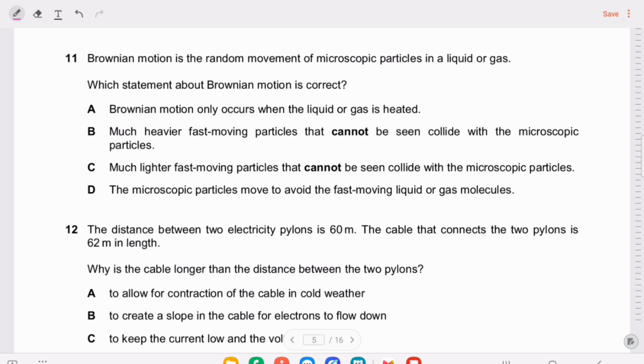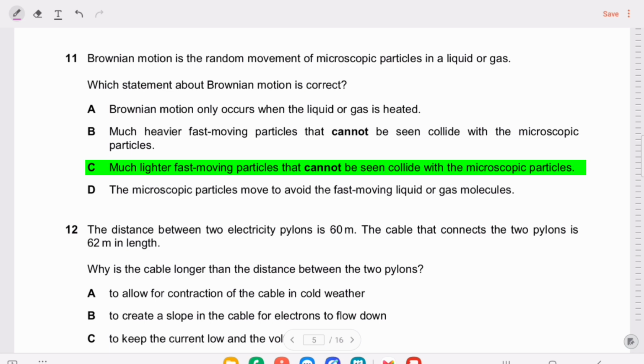Imagine being blindfolded in a crowd while people keep bumping into you from different directions. You would move randomly, right? So, Brownian motion is evidence that molecules are constantly moving. So, in that case, option C matches our analogy, that is, much lighter, fast moving particles that cannot be seen